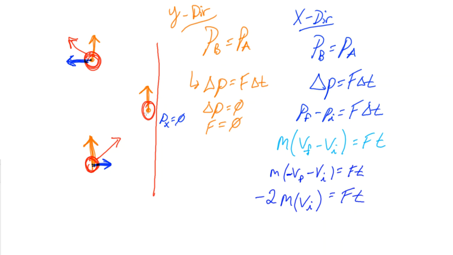Well, when this ball makes contact with the wall, what direction does the wall push back on it? That would be to the left, which would be a negative force. If we were to flip this over, the equation would be the exact same, but it would be a positive force, pushing to the right. Okay? And we're going to wrap this up as part 2 of our